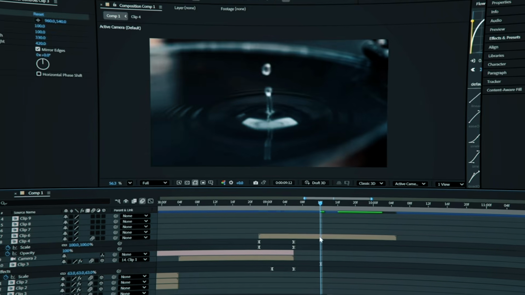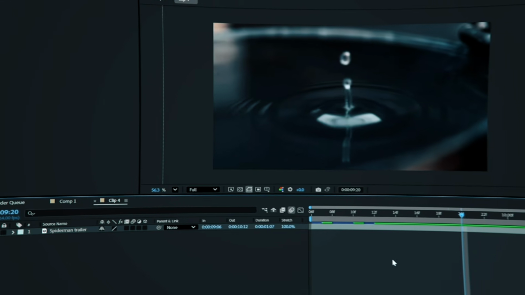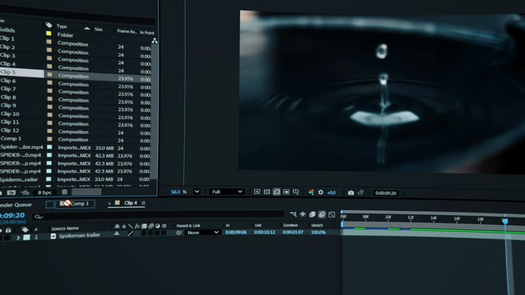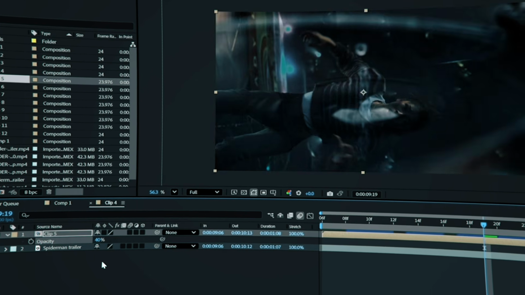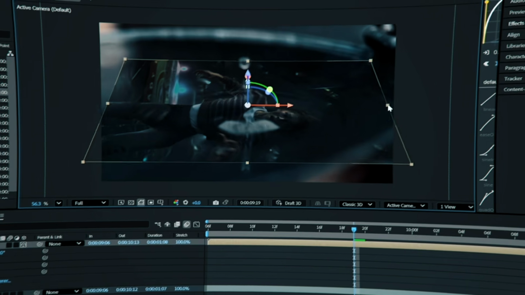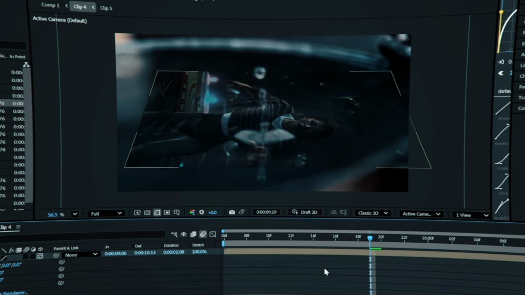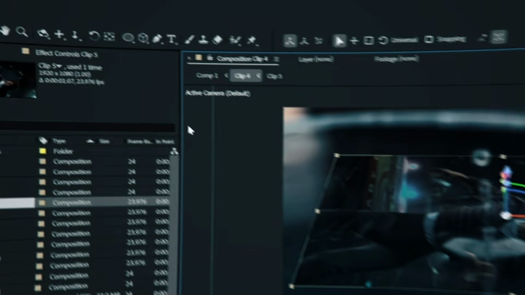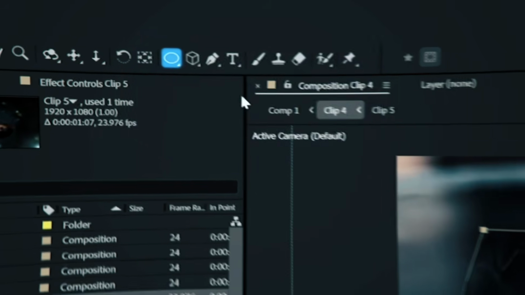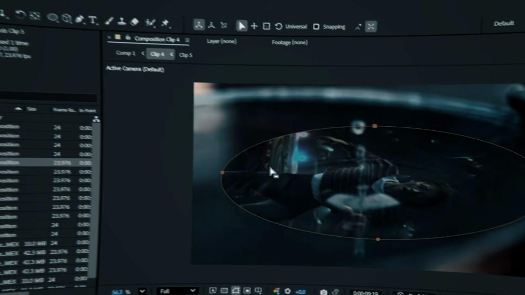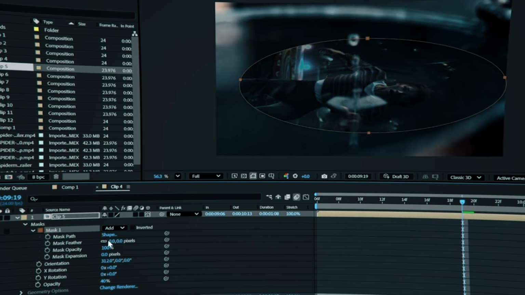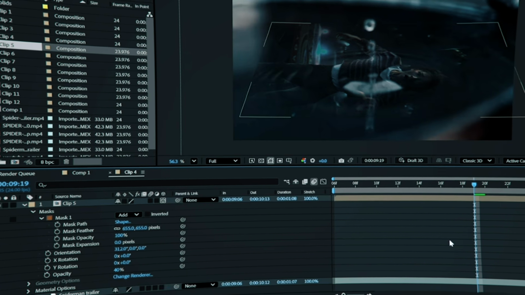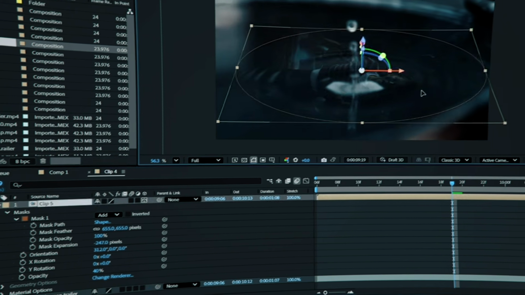For that, we take Zendaya's clip and go into the water scene composition, then place the clip inside. After that, we lower the opacity to around 40%, then enable the 3D icon. Then we adjust the rotation and scale handles to match the perspective of the water. To fix the sharp edges, we select the clip and go to the masks. From here, we choose the ellipse tool first, then double click on it. This will automatically create an ellipse mask on the clip. Then we open the mask settings and soften the edges using feather and expansion. Now the placement is ready.